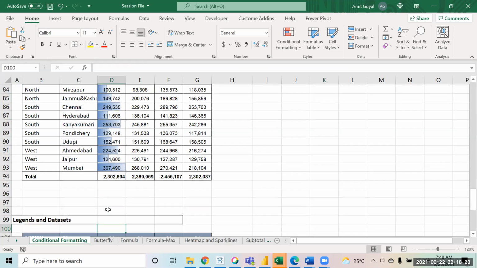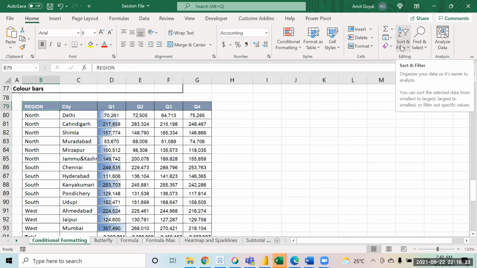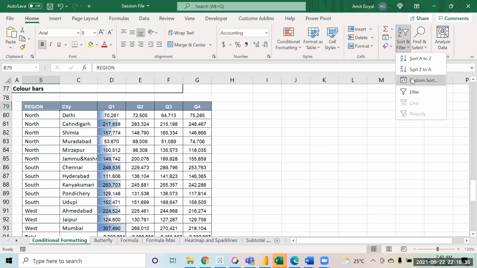So I don't see the sort option in my file. It would be in the Home tab, over here, sort and filter. I don't see any sort and filter in my Home tab. Can you share the screen? Yeah, sure.